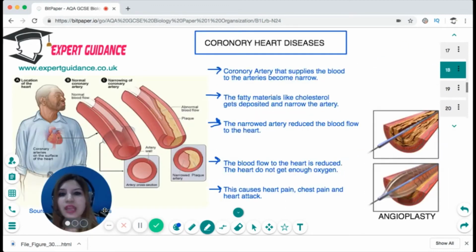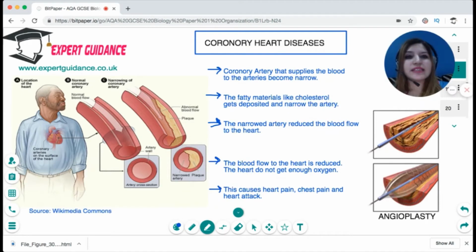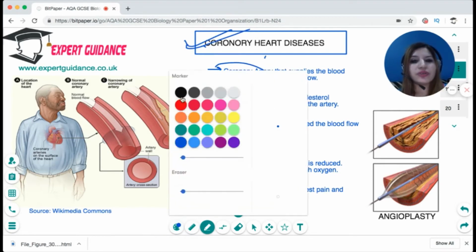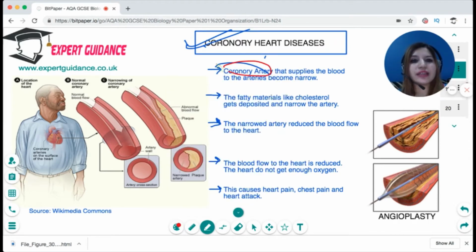function. Okay, now since we have discussed the heart, there are a lot of problems that can come up with the heart, and they are known as coronary heart diseases. Now, what are coronary heart diseases? If there's a problem in a coronary artery. What's a coronary artery? It is an artery, the branch of the aorta that supplies the blood to the